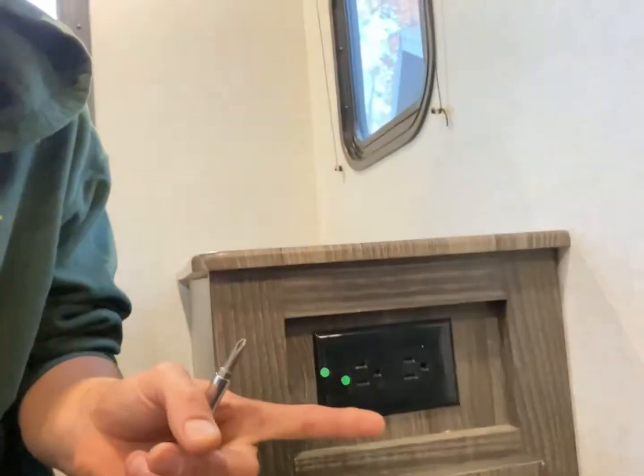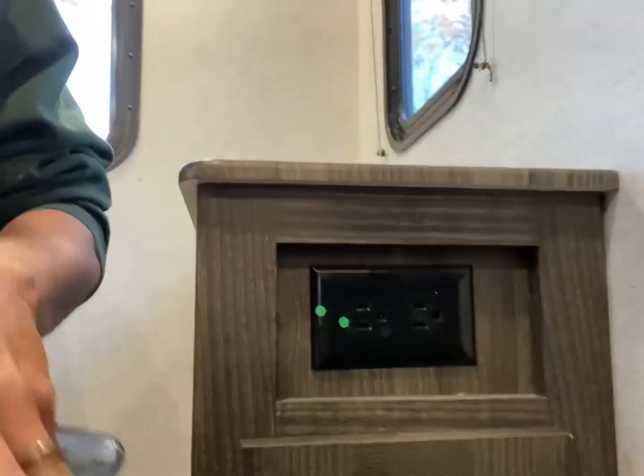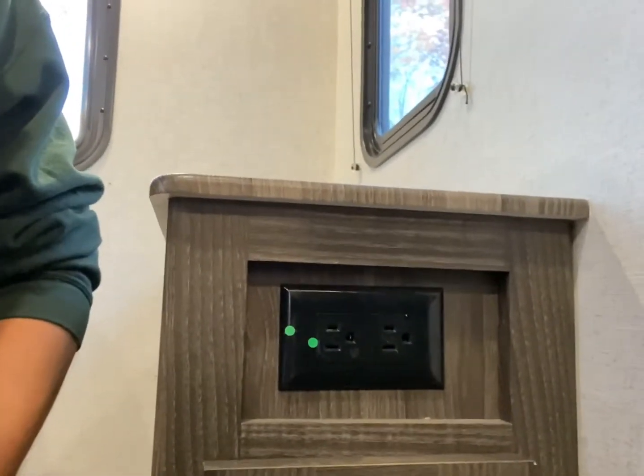Hi guys, another video here, how to add another electrical outlet. When we got this camper, we realized that the location of the outlets here are really inadequate. They get in the way of the door. Here, I'll show you what I'm saying right here. Basically, this is the outlet. Here's the door. So you have all your cords hanging over here, and it's really not in a good spot,